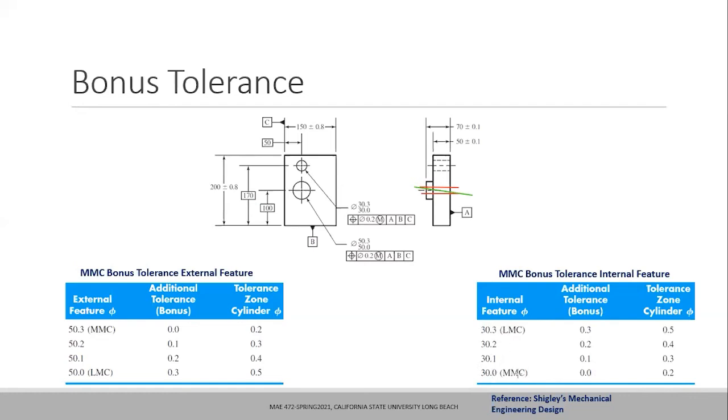If I fabricate 30 millimeters, my tolerance zone is 0.2 millimeters. If my hole is at 30.3 millimeters, then my tolerance zone is 0.5 millimeters. Tolerance zone basically means the zone in which the orientation of my axis will lie. Let me know if you guys have any questions on this so far. Okay, if there are no questions, then